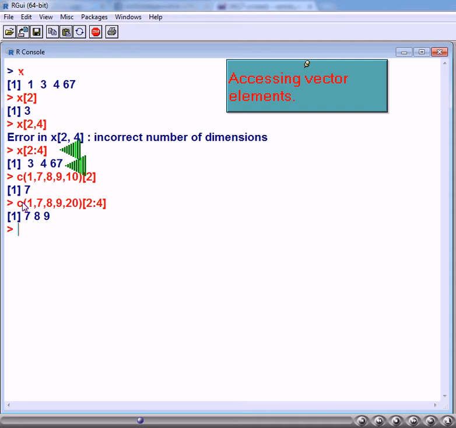Similarly, x of 2 to 4 gives us 3, 4, 67, which are nothing but the second element, third element, and fourth element. Like this, we can access a sequence of elements from a vector with the colon operator.